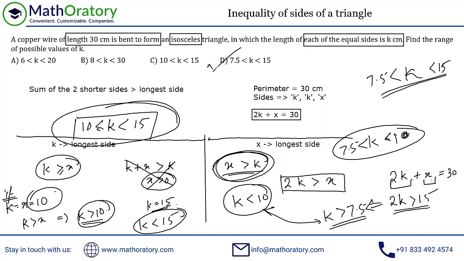So I just wanted to explain this in detail. I hope you understood this. This is actually a very fast thing. If you understand it, always check in terms of the sum of the two shorter sides being greater than the longest side. That is the easiest way to do it, and that is the most logical way to do it any which way. You don't have to remember anything. So that's it for this problem. I hope everything was understood.